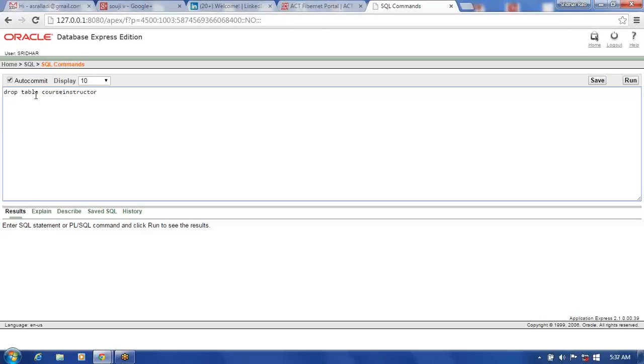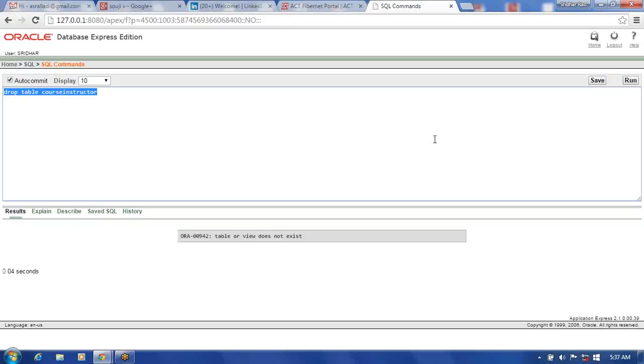With this command, we can be dropping here the course instructor table. After that, once again, we create it. Since it's not existing,